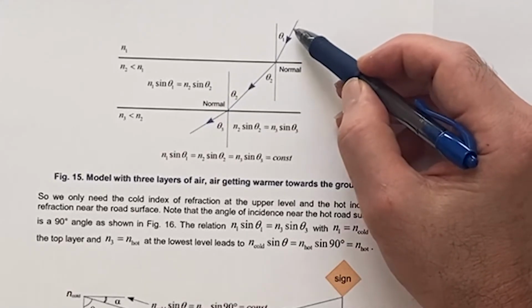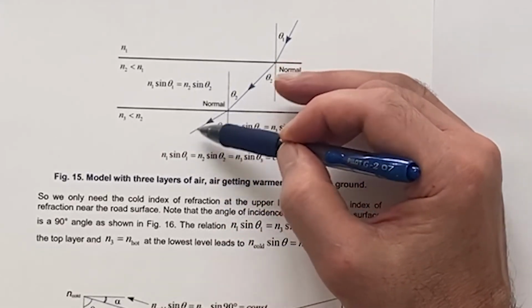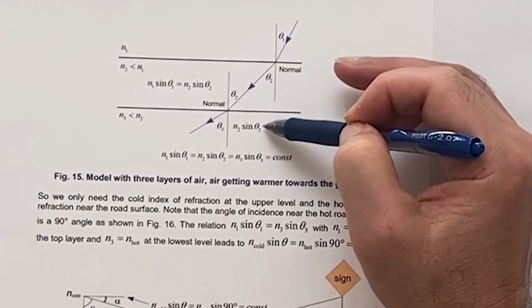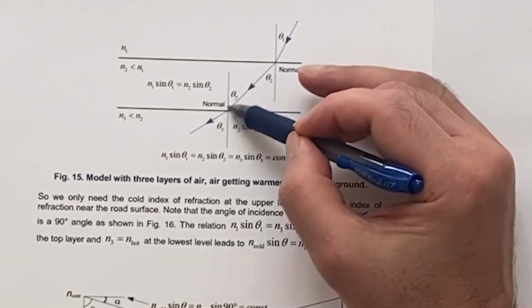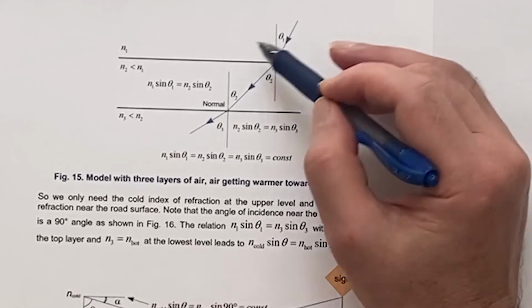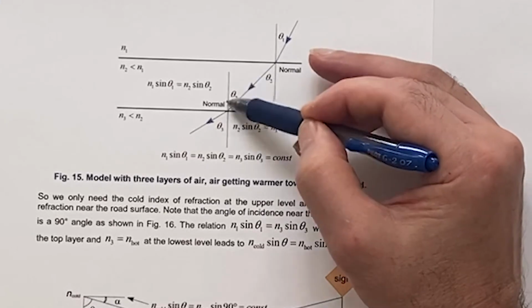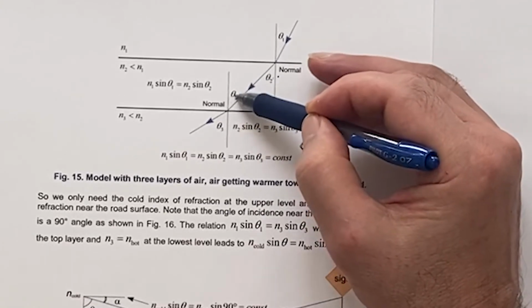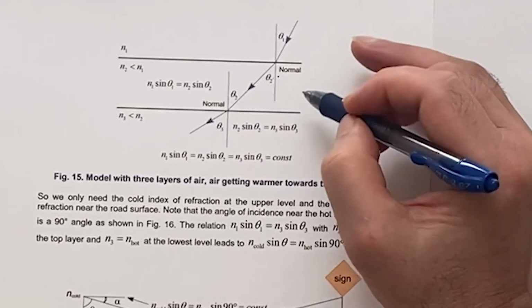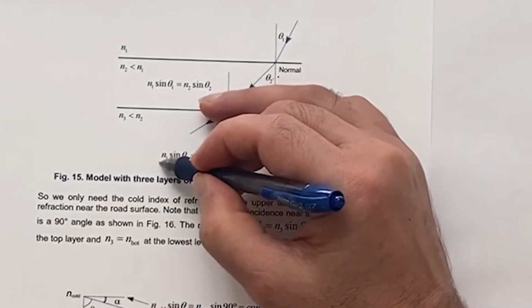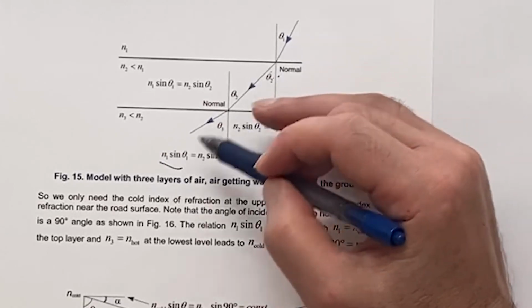So let's look at when you apply Snell's law here, and we're going to have indices of refraction that are getting less and less, since the index of refraction on a hot road surface is going to be less than the cooler region. So here you bend away from the normal and away, but look at this. N1 sine of theta 1 is N2 sine of theta 2. But because of the alternating interior angles, the N2 sine of theta 2 is equal to the N3 sine of theta 3. But you can then relate the first one to the third one and bypass the middle one. So when you're doing this over and over again,